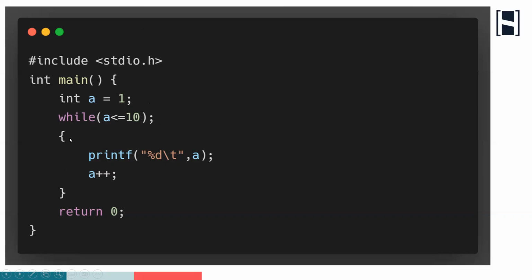So this block of statements does not belong to my while loop because the loop has ended. I have put a semicolon here. I have put the terminator here. So these body statements do not belong to my while loop at all. This is not the body of my loop, but it is rather an individual block. It is what we call a nameless block.